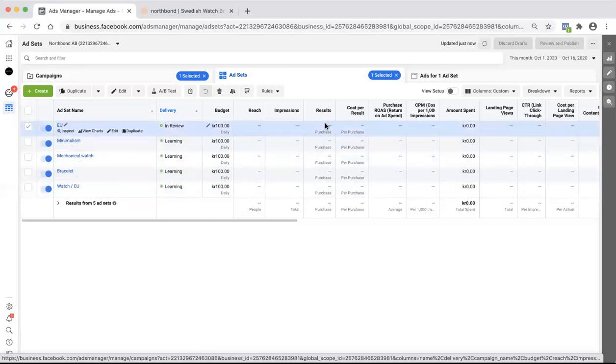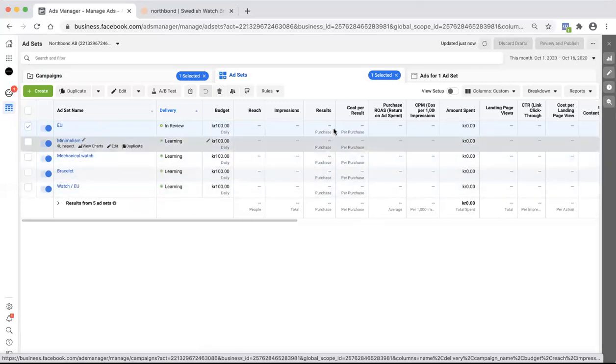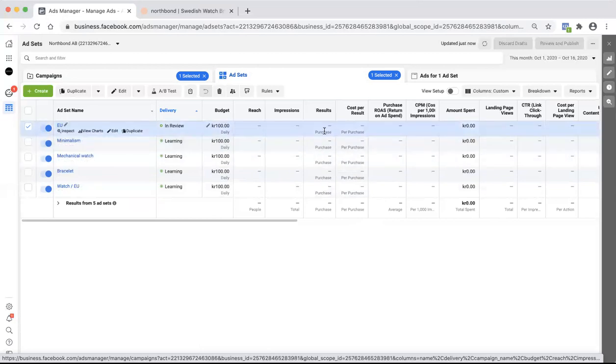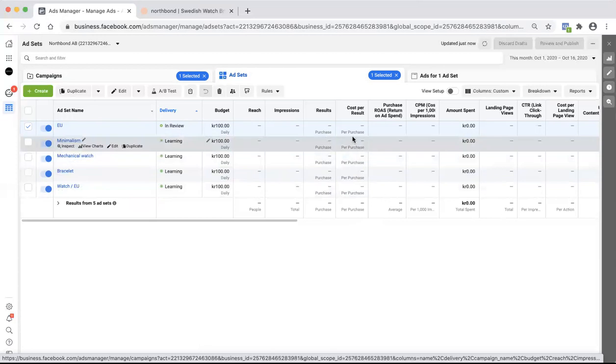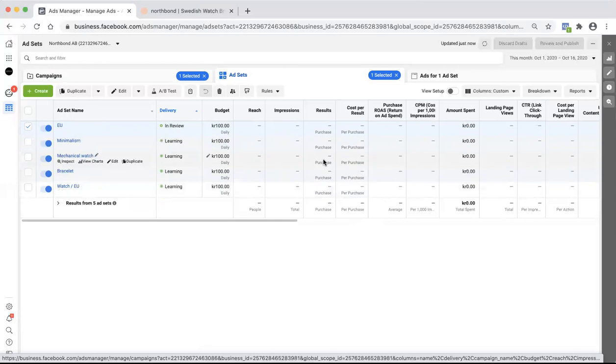If you see ten purchases and the others have none, then cut them all except for that one. Another example: you cut two and you're left with three, and say they have 6, 4, and 5 purchases. They have variants, but they're all good. That is a situation where you go to CBO. So it's either all stacked, or all cut except for one, or switch to CBO because you cut two and kept three.